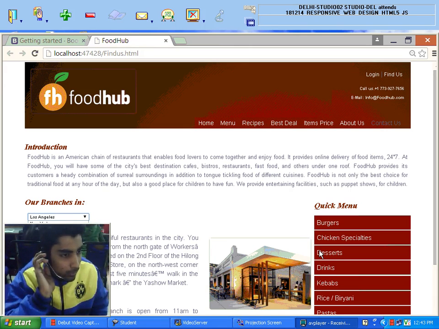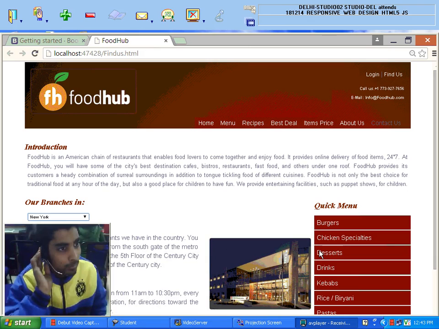When he selects from this place, the content will come from another file, whose name is maybe content 1 or content 2 or content 3. In this case, the whole page is not going to reload again, only this portion is reloading. Because if I reload the whole page, it increases the traffic of my server.